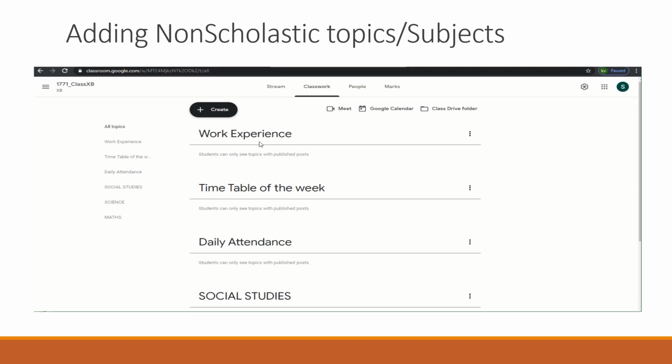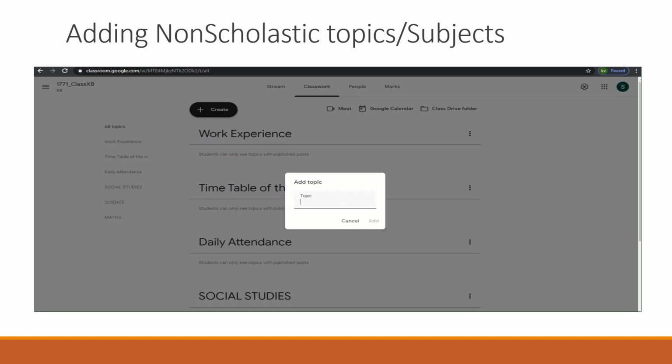I am just giving a few of the non-scholastic activities. The rest, whatever is suggested by the timetable, can be added, but it is compulsory to have